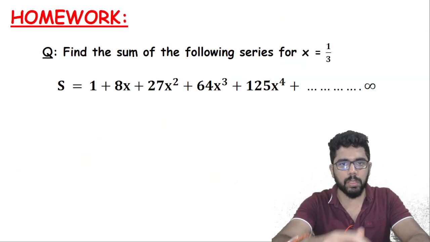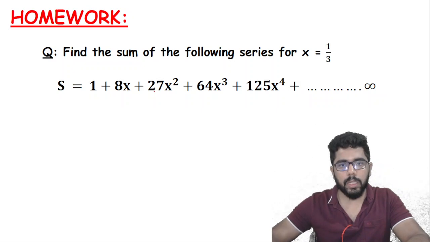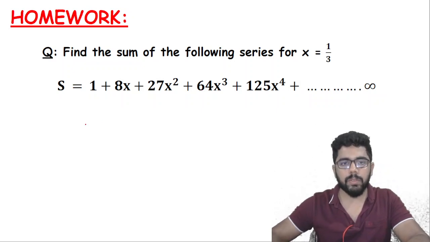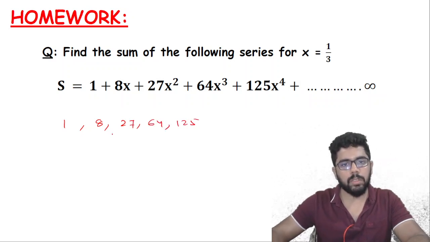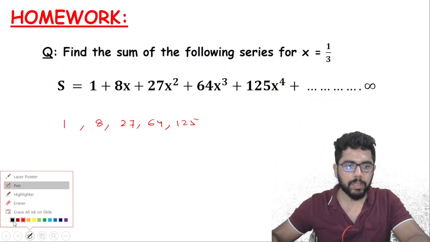So I've given you a similar question to try. 1, 8, 27, 64, 125. So if you look at the coefficients, 1, 8, 27. So these are the cubes of natural numbers. So when you take their first difference,